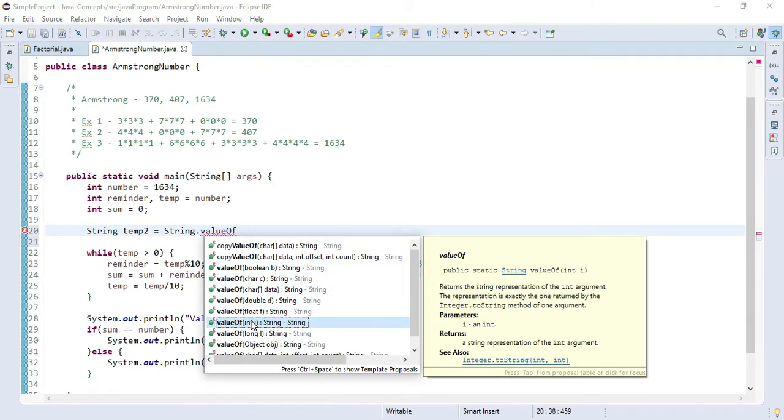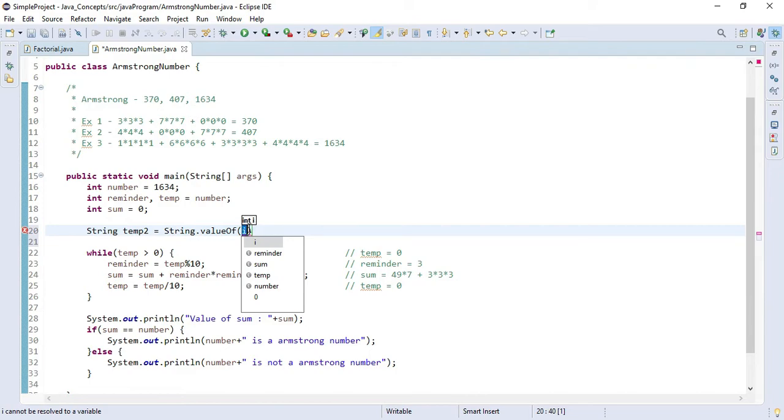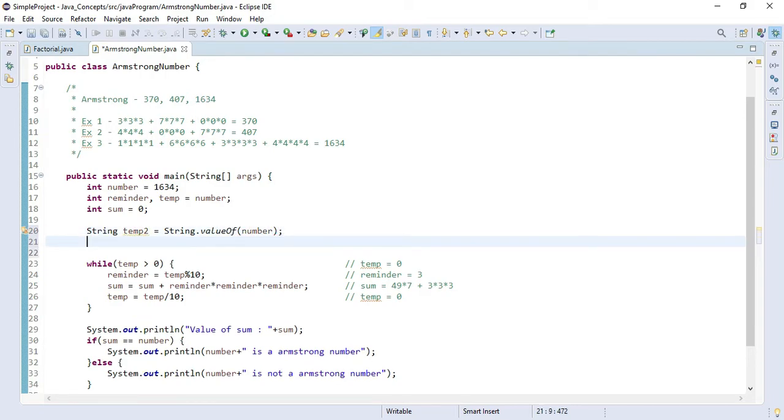We need to use this one, and over here we need to pass our number like this. And now we can calculate its size like temp2.length, which is the size of our number, and the type will be integer.